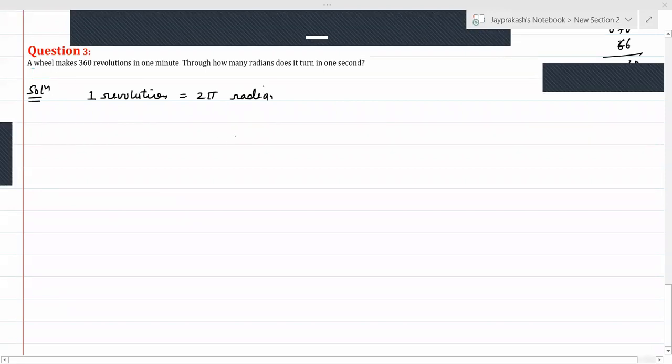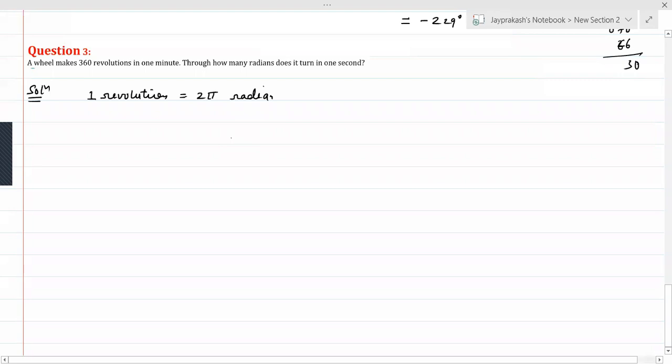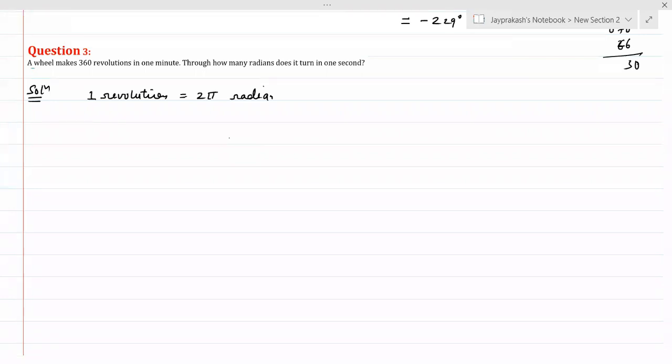So when we cover one revolution, that means one circle, there is a 2 pi radian revolution. So now the wheel is covering 360 revolutions. 360 times it revolves. So therefore we will write here degree or the angle revolved in